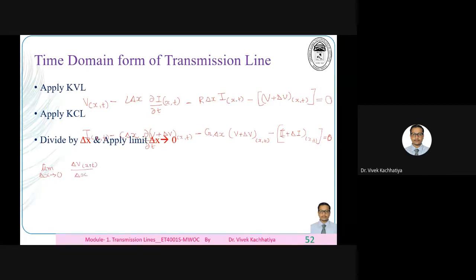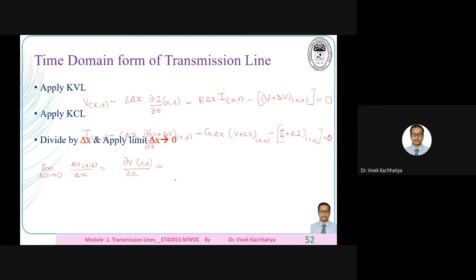Now, if you look closely, what I have done here is this v plus delta v, which is a negative term, I have subtracted it from here. So this will become minus delta v, right? And that minus delta v, I am keeping on this side. So now delta v of x comma t is equal to this, del v of x comma t divided by del x.